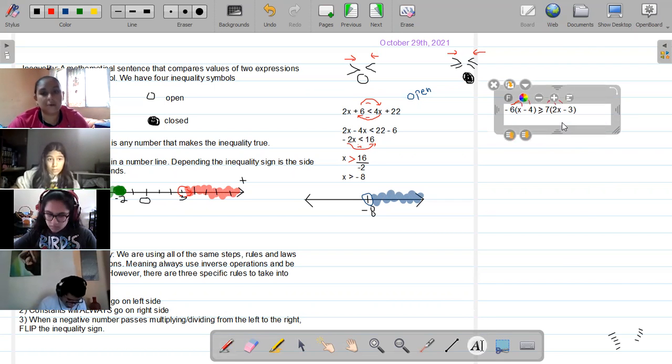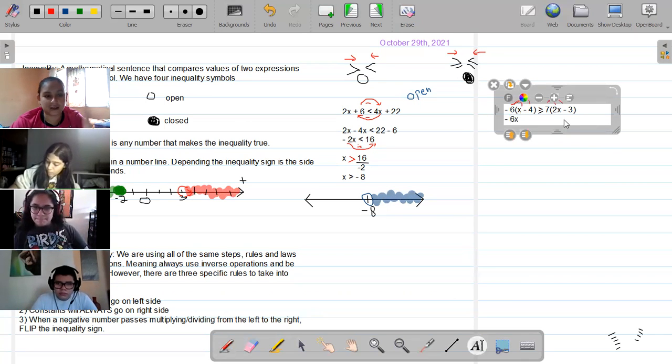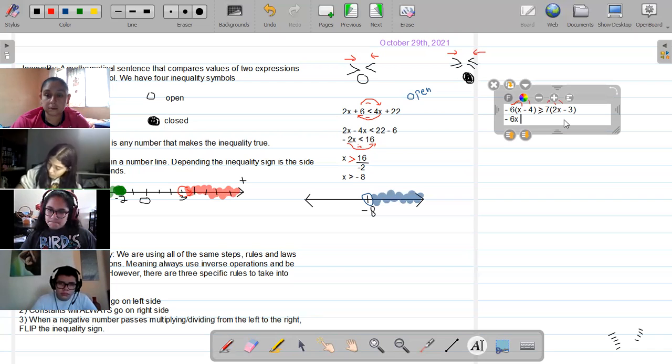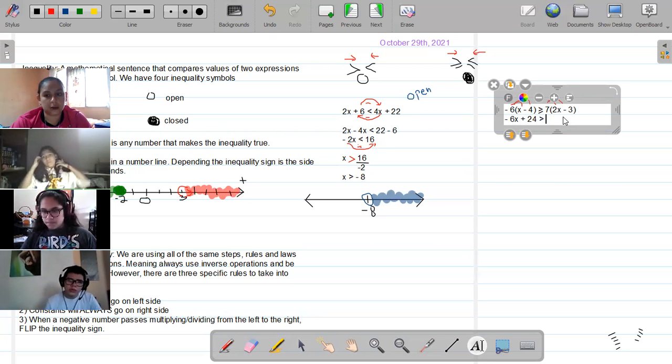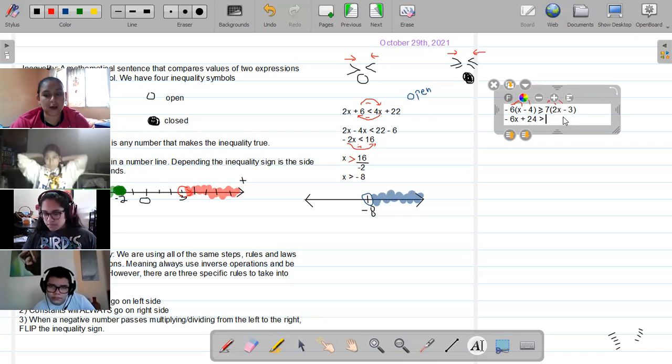And we have -6 times x, -6x. Don't forget about the sign. -6 times -4, positive 24. Greater than or equal, I'm going to place that "or equal" later. 7 times 2x,